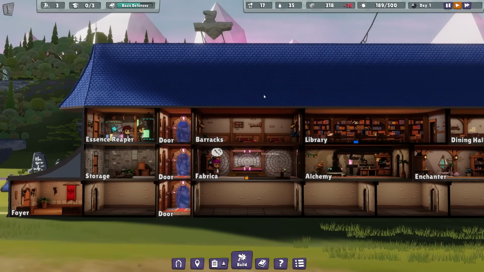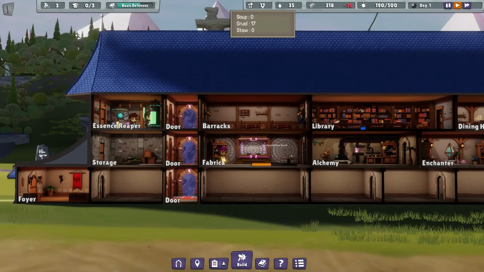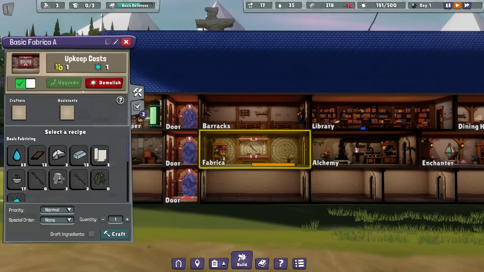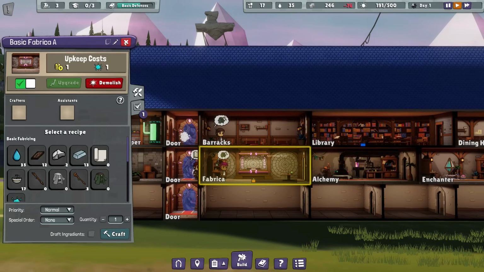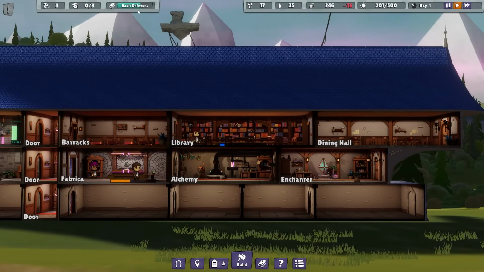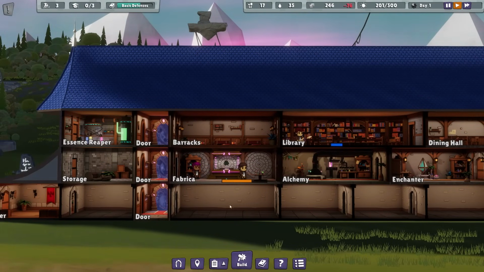All looking good. Okay, we still need to set up a food making setup. We can get ourselves a little bit of additional gruel here if we want to. I don't think anybody's going to be too pleased about eating gruel, at least for now, but that's okay. We're working through basic defenses. We are slowly but surely getting there,